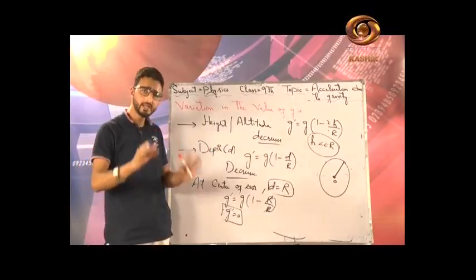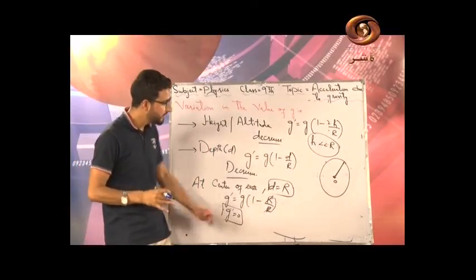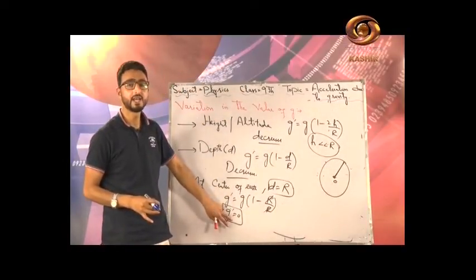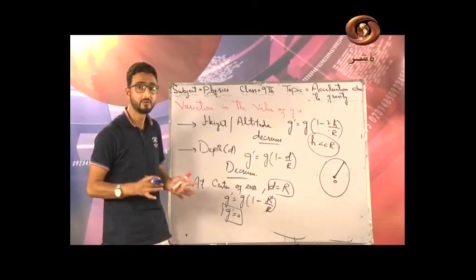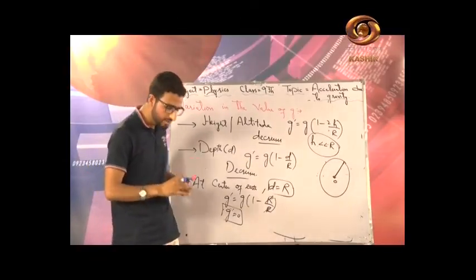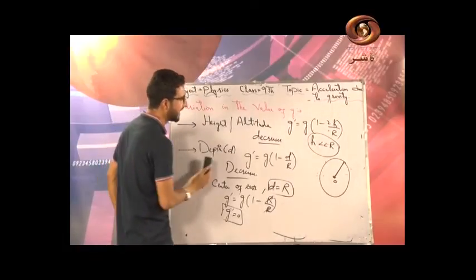And interesting fact आपने याद रखा, अब acceleration due to gravity decreases with depth, and when we reach the center of the earth the acceleration due to gravity becomes 0. What will be the weight at this very point? Obviously 0. So this is variation of g with height and depth.